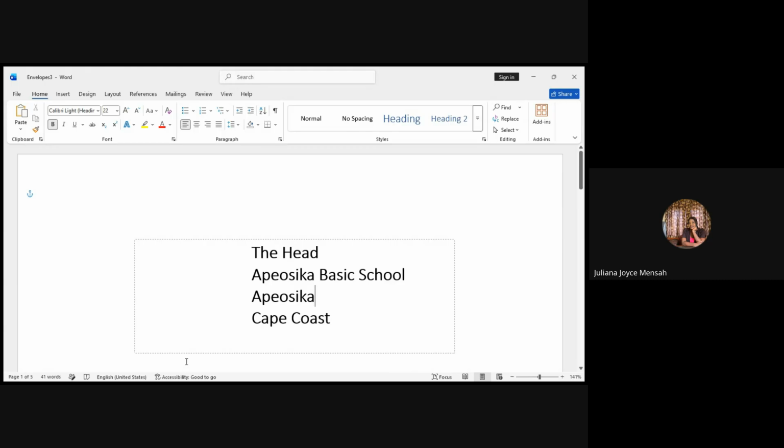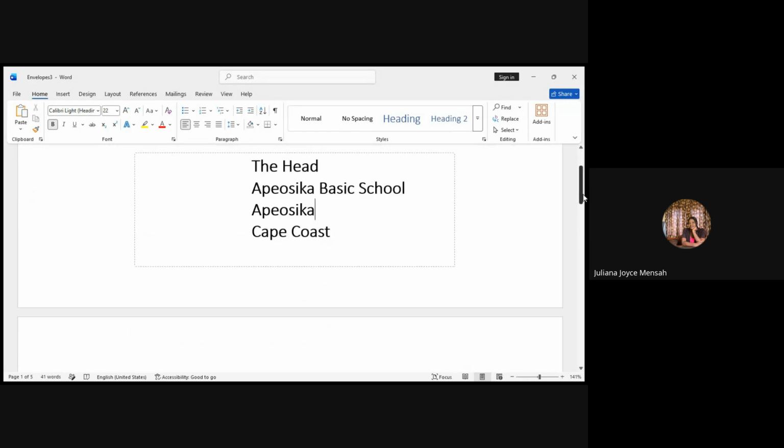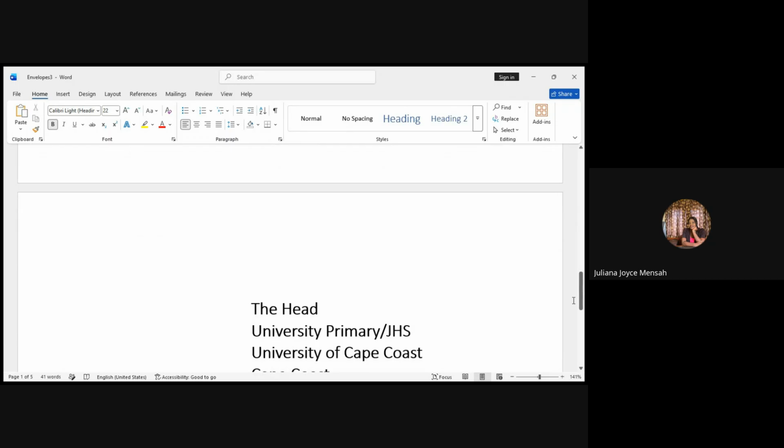Okay, so your assignment is to use the same proceedings to do the labels. You will see the labels appearing exactly like what I've done here, or as the envelopes. However, they would appear here at the top. And the last thing I want us to do is probably do the directory,